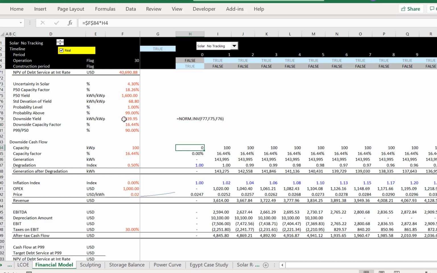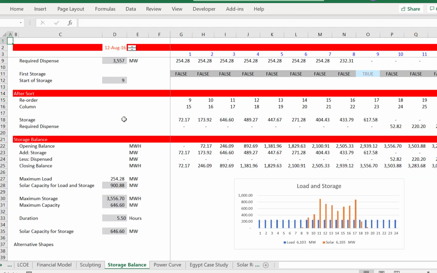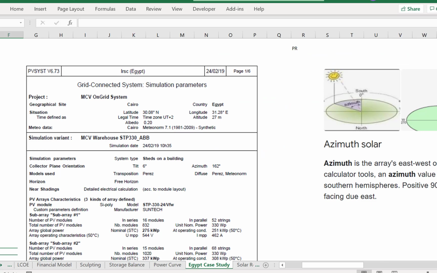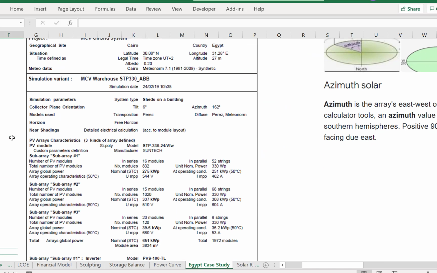that's really underneath this. So we put in the capacity, and then the capacity factor is this divided by 8,760. I'm starting to repeat myself too much, but capacity factor and yield measure the same thing. So we multiply it by the generation, take account of our degradation. We could put a downside in our degradation as well, but it would be difficult to put that. We'll see that in this Egypt case study when they put the